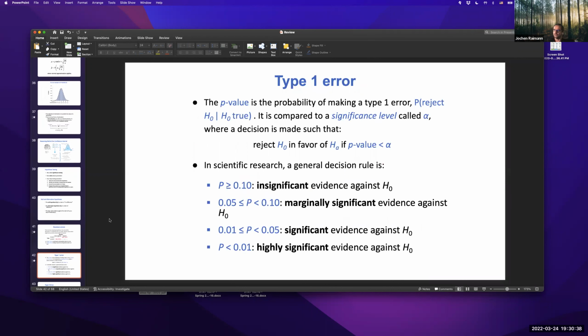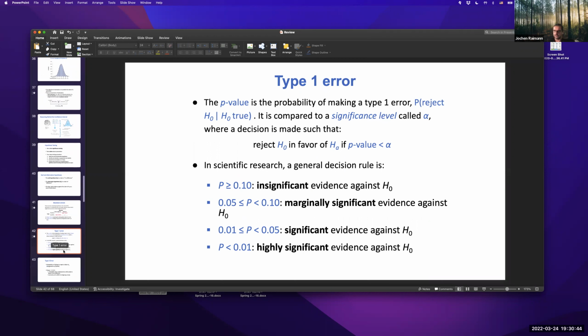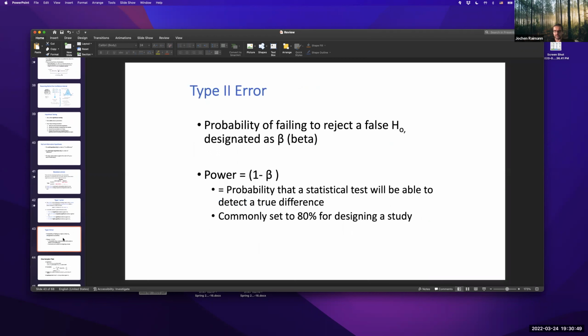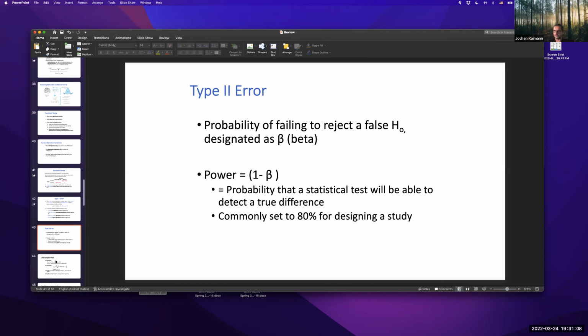And the p-value is the probability of making type 1 errors. You classify your p-values, and your p-values give you kind of a strength of your probability. So here, this is what I said as the statistical power. Professor Johnson set it to 80%. In trial design, it's mostly 90%, slightly higher, but it can also be 80%.